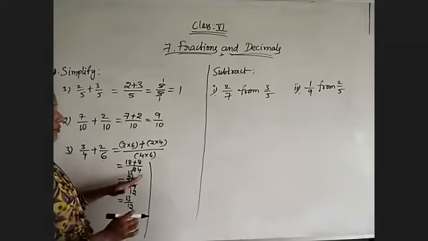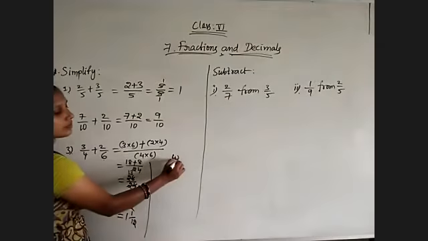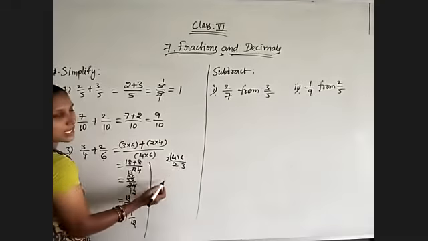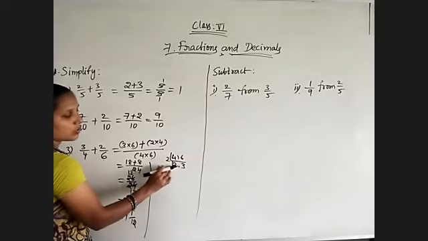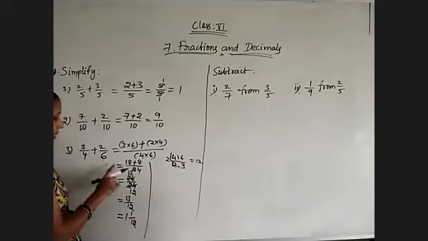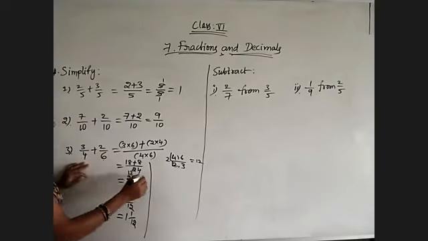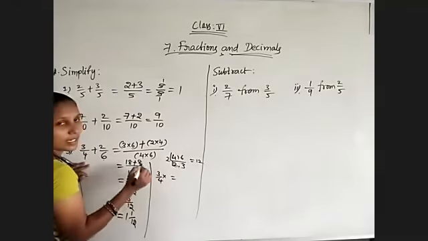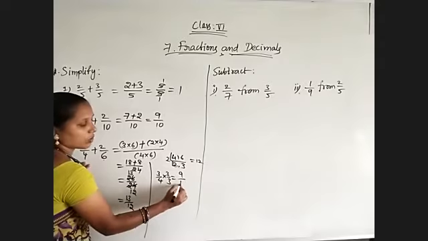And next, by using LCM, take the LCM of 4 and 6. What will you get? 2 2s are 4. 2 3s are 6. Now 2 and 3 do not have any other common factor. So 2 2s are 4, 4 3s are 12. 12 is the LCM. Okay. Now 3 by 4 is equal to dash by 12, we must get. In the 4 table when you are getting 12, 4 3s are 12. So 3 by 3, 3 3s are 9 by 4 3s are 12.